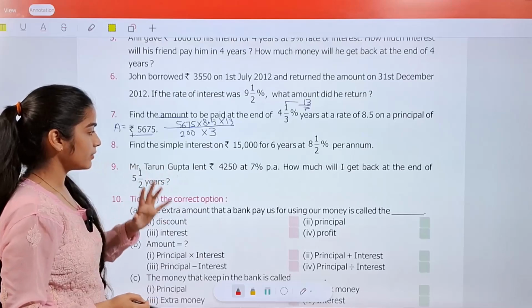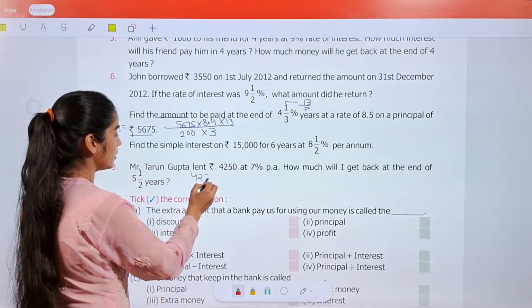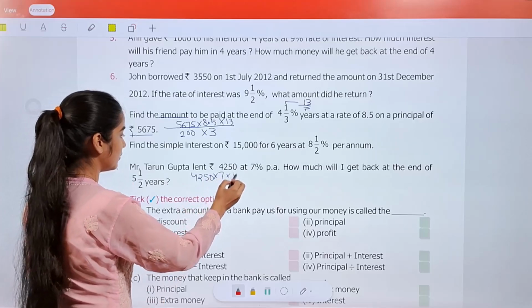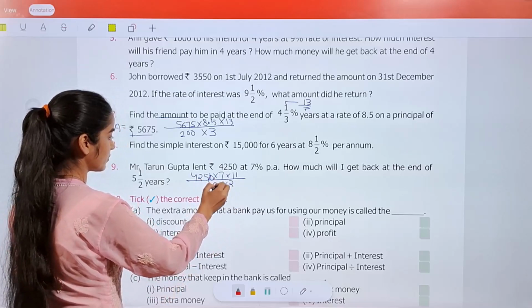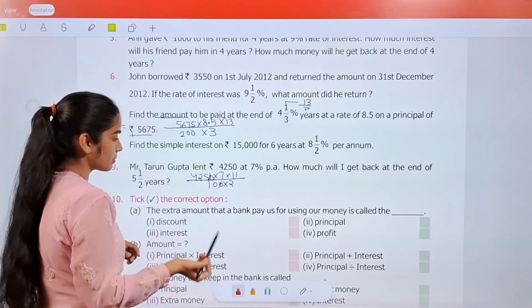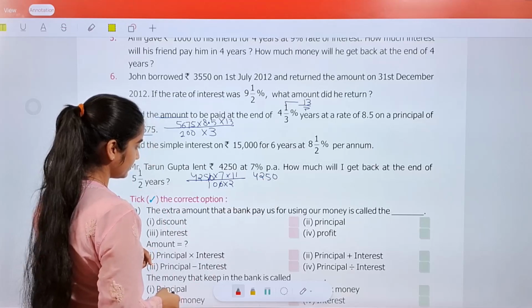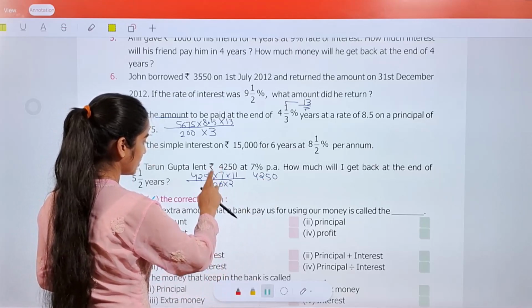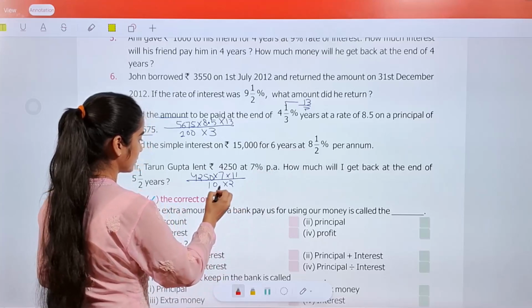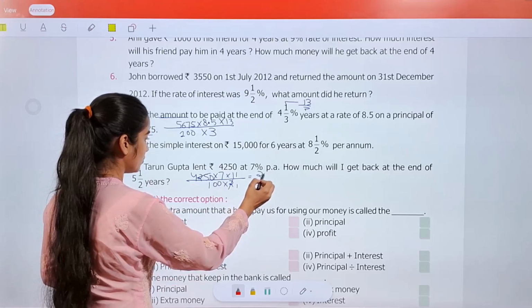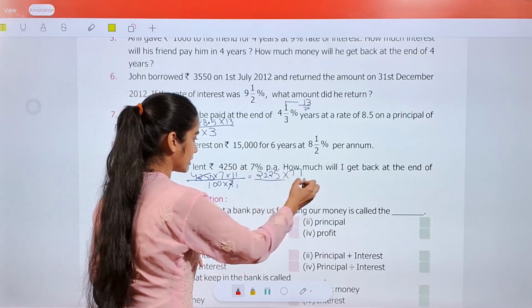ठीक है, नाउ मिस्टर तरुण गुप्ता lends 4,250 at 7% per annum, how much will I get back at the end of this year. ठीक है, तो 4250 मल्टीप्लाई बाय 7, 100 मल्टीप्लाई बाय 2, तो यहाँ पे 0 इज कैंसिल आउट 0। यहाँ पर आपको फिर से कैलकुलेटिव है, तो थोड़ा डायरेक्ट मल्टीप्लाई करना पड़ेगा, फिर आपका आंसर आएगा, यानी कि 4250। ये 0 नहीं हटाते, यहाँ पे इजी हो जाएगा फिर हमारे लिए। यहाँ पर आएगा 2125। ठीक है, अब इसे आपको मल्टीप्लाई करना है 7 से और फिर डिवाइड कर देना 100 से, आपका आंसर आ जाएगा।